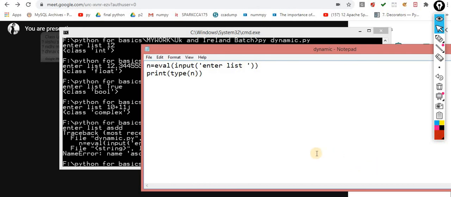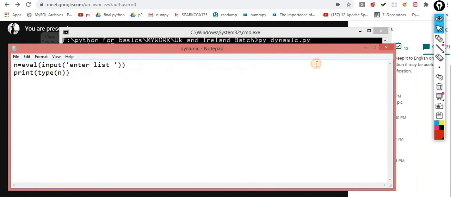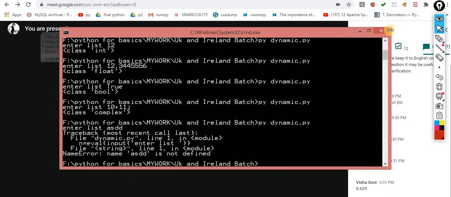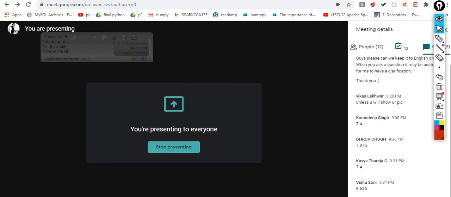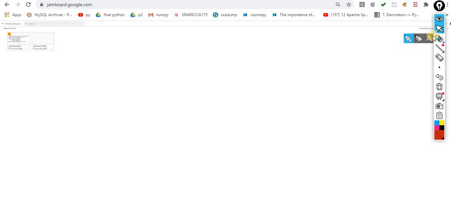Should we start further? Okay, so the next concept is, last time we discussed in great detail about functions. Kindly do the practice for the same. And then the next